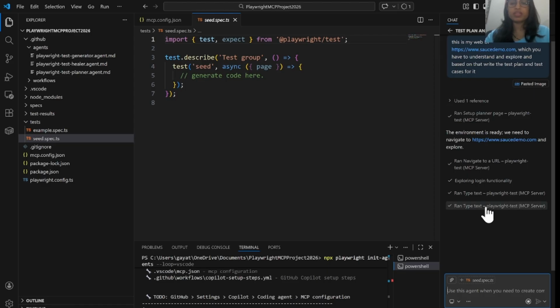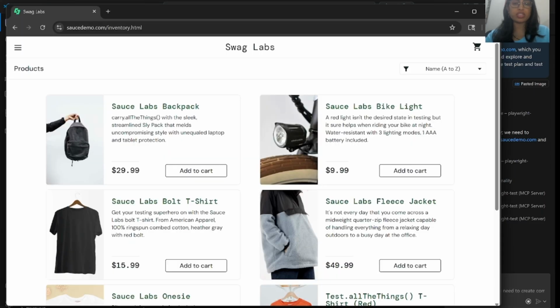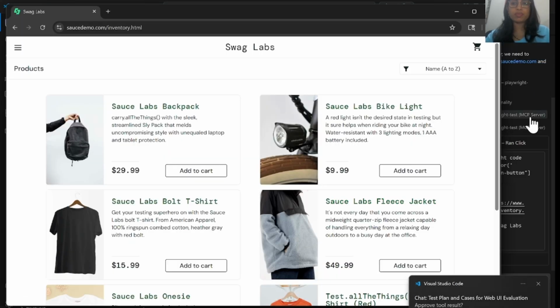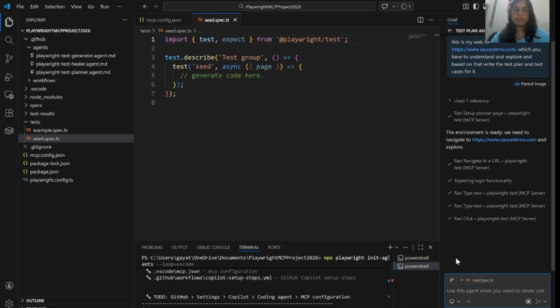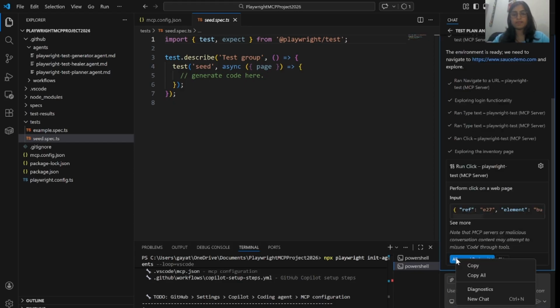So the agent is basically going through the UI page, and right now it is exploring it. See, it is exploring this page, and based on that it is preparing the test plan and test cases.